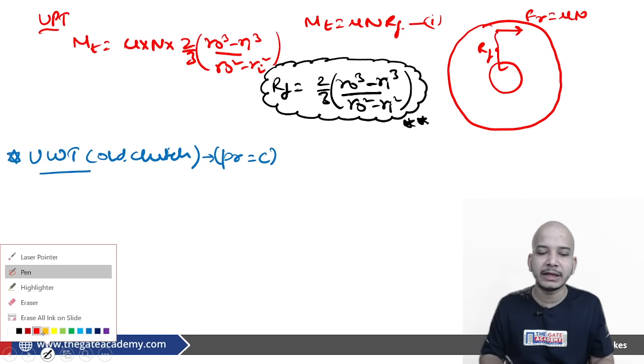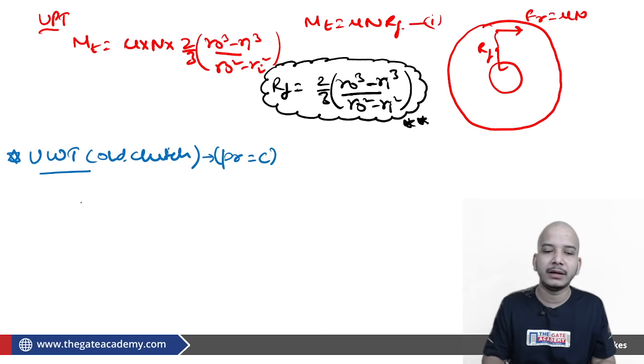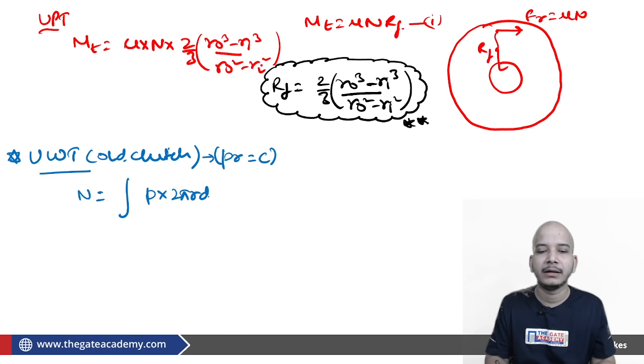Now if I will say once again, okay, what about n? So you can say that this is the integration of P into 2 pi r dr. So straight away you can say PR is constant. From there you can take out 2 pi PR. PR is basically constant only, so you can write it as C also. Okay, dr. So from here you can write 2 pi C into